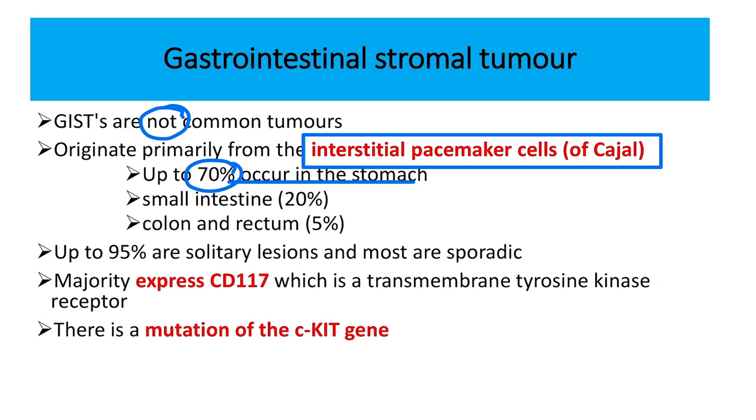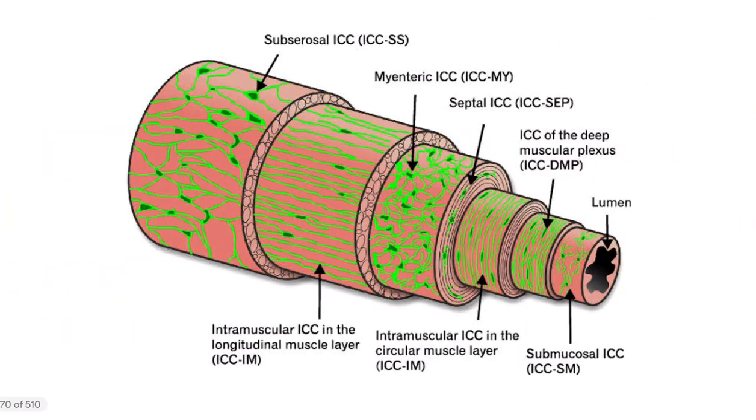That means genetic predisposition is usually absent, and the majority express CD117. So CD117 is expressed by the gastrointestinal stromal tumor, or GIST, and there is mutation of the CKIT gene. Here we can see the